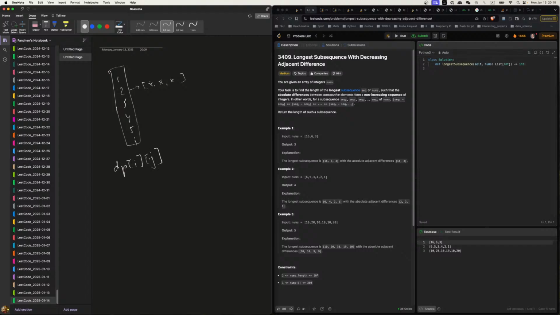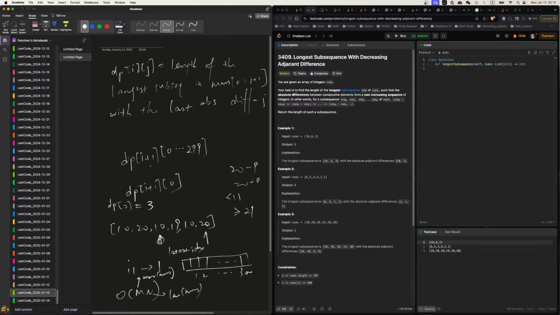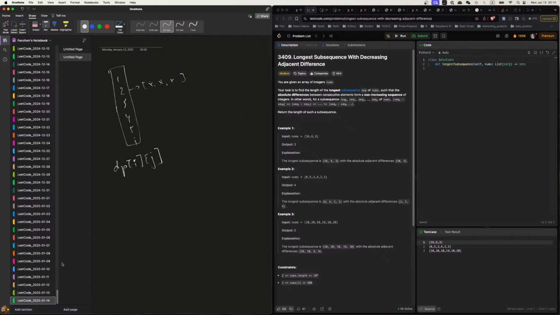Maybe it was dpij initially. I don't know why I didn't do dpij. Yeah, I think it's dpij. I think yesterday was dpij, right? Yeah, yesterday was dpij. I don't know why I didn't say dpij. Yeah, it's dpij, which is the max length, right, ending at